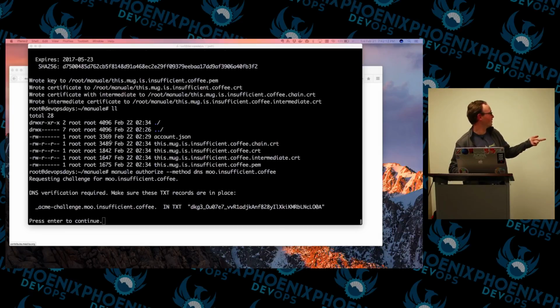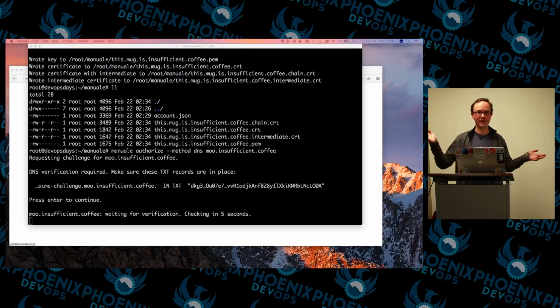Oh, you can't see because I scrolled up. Just for giggles, if you tell Manuel method DNS, it'll say, here's what you do to your DNS server to authorize a domain that way. So if you can't do HTTP authorization for some reason because you're doing this for an SMTP server, or it would be a real pain for whatever purpose, you can do this with DNS.